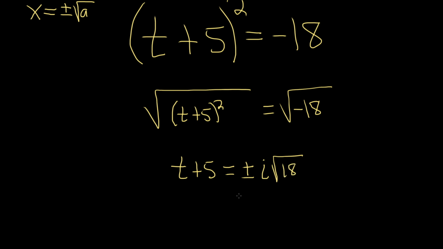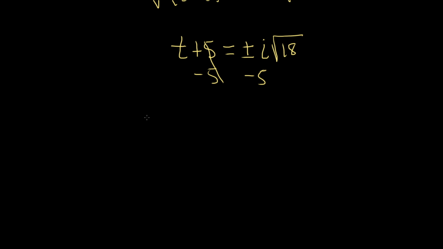Now, we're going to go ahead and finish and solve for t. So subtract 5, subtract 5. So we have t equals minus 5 plus or minus i square root 18. And we're almost done. The only thing left to do maybe is to realize that we can simplify the square